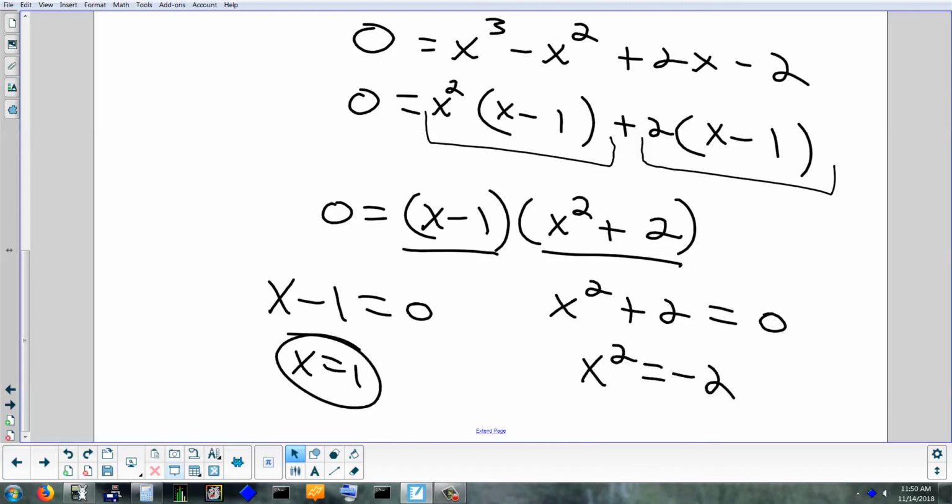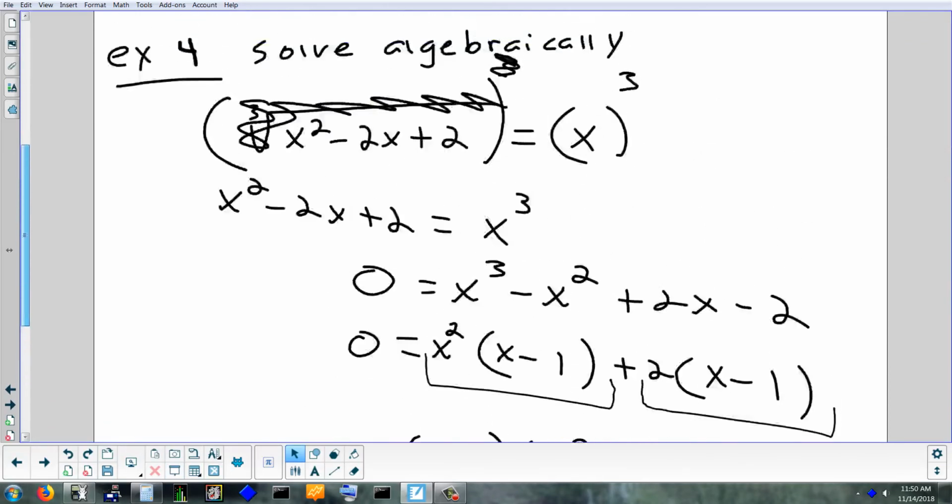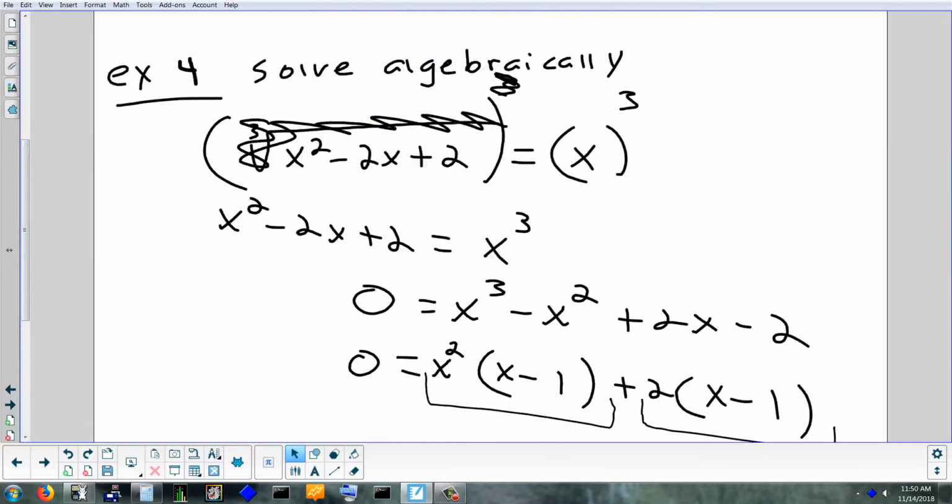And then what would I have to do to both sides to get x alone there? I would square root, but what's the problem? Negative 2. Okay, why can't I take the square root of negative 2? It's a negative number, you can't take the square root of a negative. Yeah, this would be imaginary, so we don't get any solution from that part. If it had been x squared equals positive 2, we would have been okay. But it's not. So it's x equals 1, and if we check it,